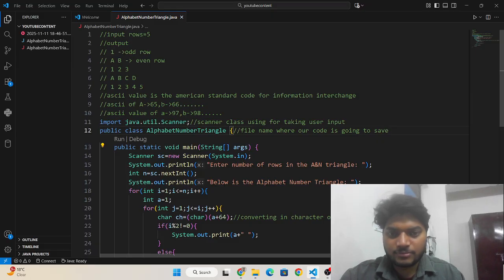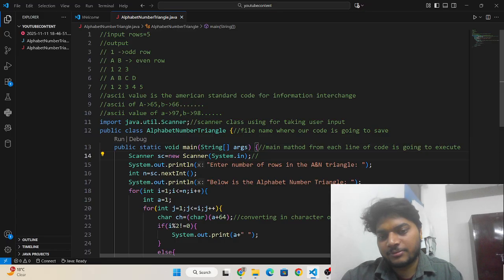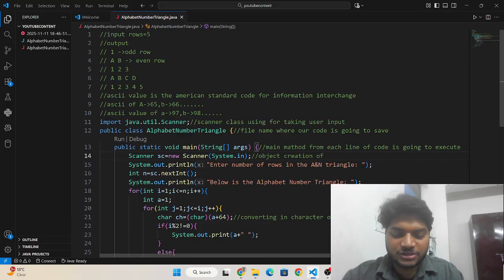Okay, as you know, this is the main method from where each line of code is going to execute. This is the object creation of Scanner class object.